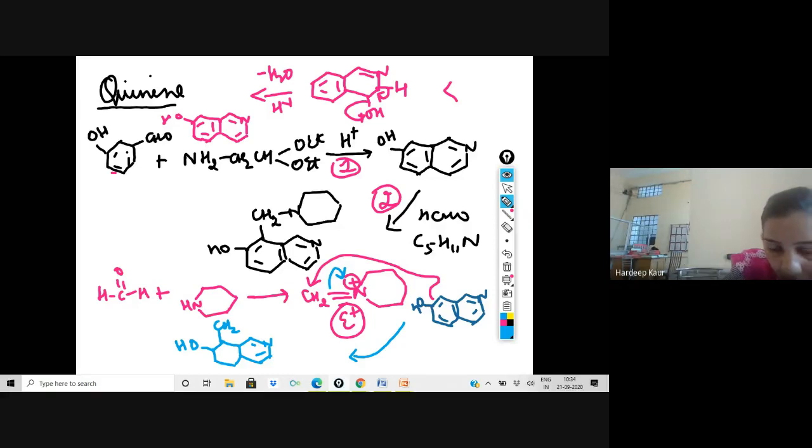Why did this double bond shift? The reason is this oxygen has lone pair and it will stabilize here positive charge. I am going to skip one step. Do that yourself. We will have here double bond. Okay. So this is formed like this. So this is the product which we are getting. Okay. So this is the mechanism for second step.